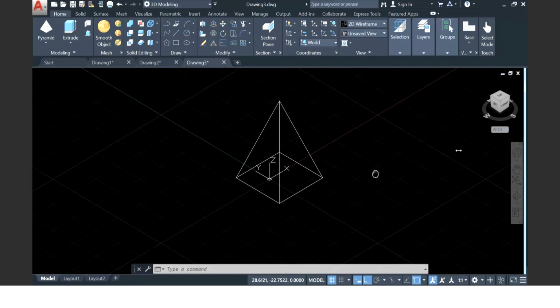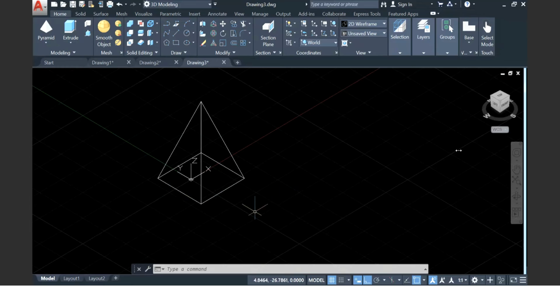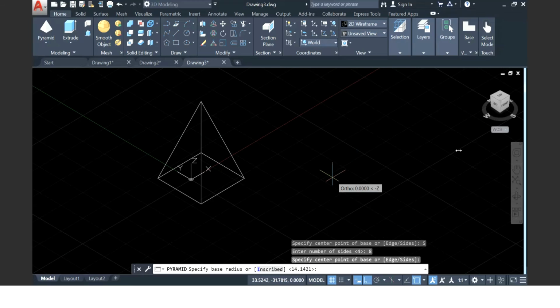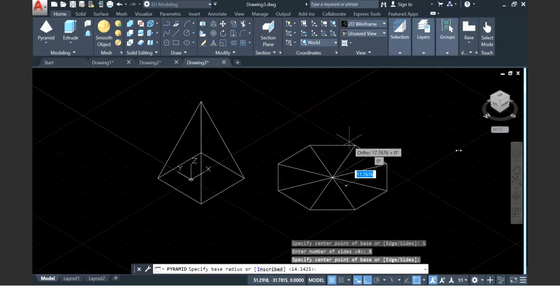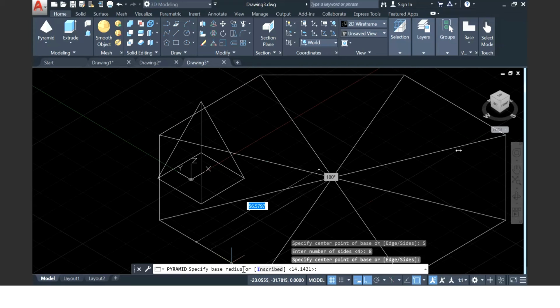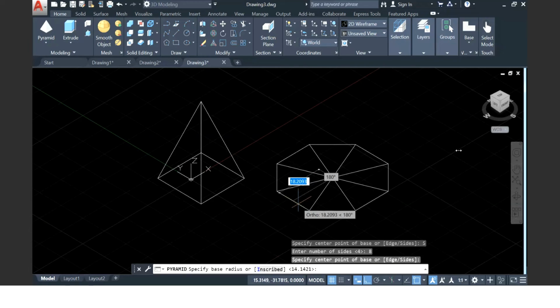But you can change that if you want to have a pyramid that has more sides as the base. What you can do is click this function of pyramid. Instead of specify center point, you can choose sides here. As a default, it's four sides. You can enter the amount of sides that you want. For example, I want my pyramid to have 8 sides. Press the amount as 8, enter, and then I specify the base point. This is my base point. Then they're going to ask me the same question, the base radius or inscribed, right? For example, if my base radius is 20,